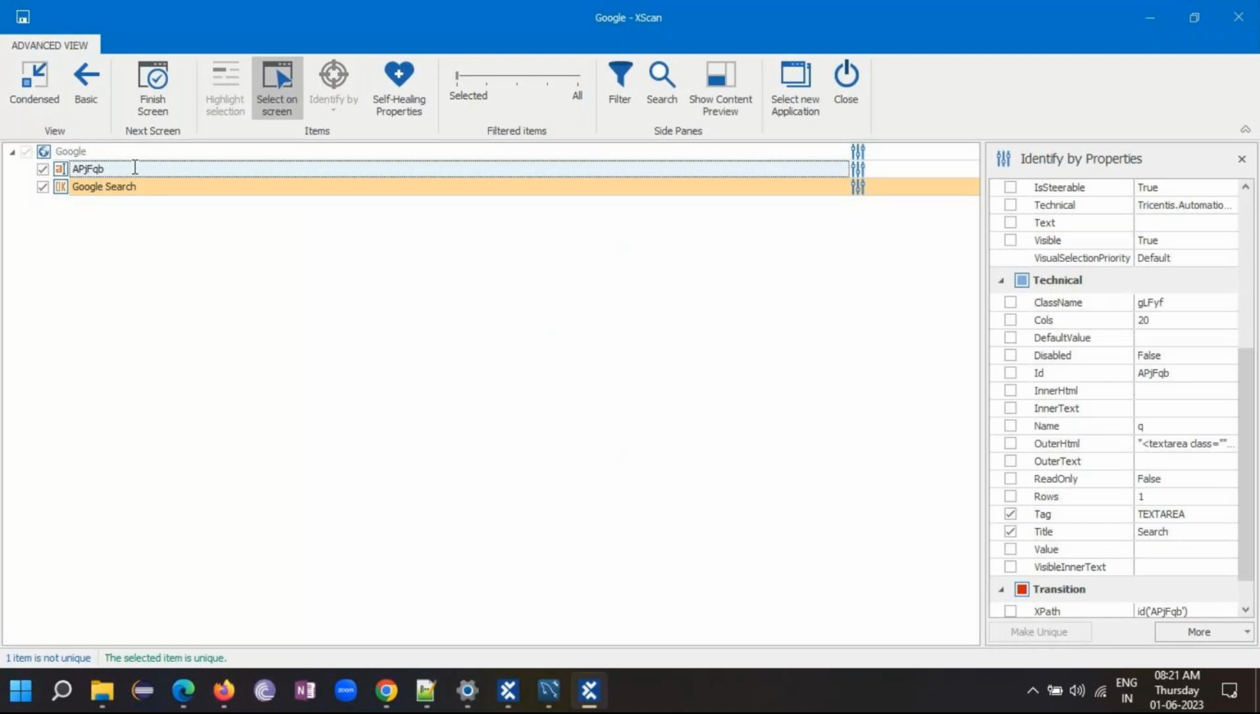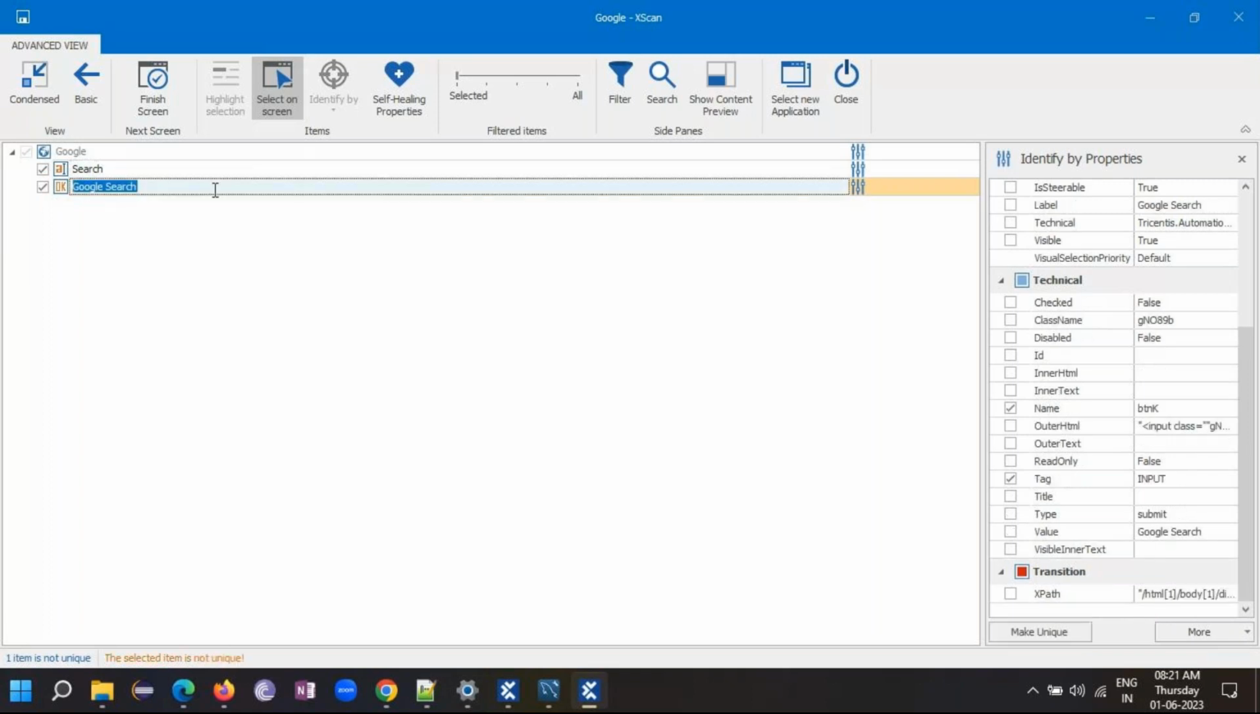Okay, so I will rename it as search. And as you can see, my Google search button is appearing in an amber color, and it is telling me that this item is not unique. So you have to select a particular property from here so that your element is uniquely identified on your web page. The same way we are using the XPath